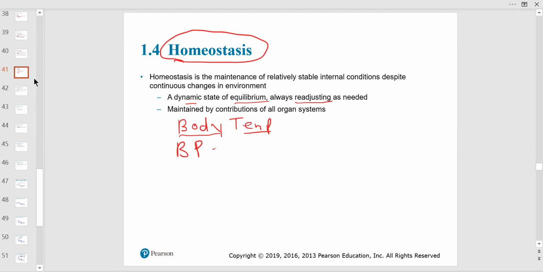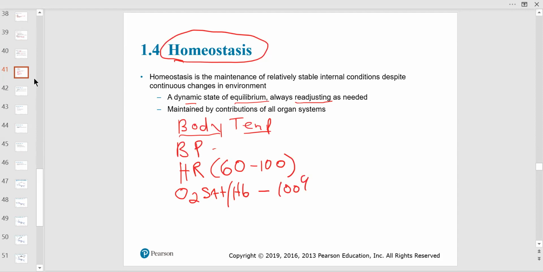I think 80 is a little bit high, but there's a range for blood pressure, homeostatic blood pressure. What else? Heart rate. Oxygen saturation. Yeah, heart rate. Heart rate should be between, at rest. Now, all of this is at rest, not after exercising. It's like 60 to 100. So somebody mentioned a really good one. It's your oxygen saturation on hemoglobin. That's really important. And that should be 100%, really. I mean, for at least equal to or greater than 95%. Very good. I like that one. That's a really big one. And this has to do with how much oxygen pressure is in your blood or how much hemoglobin you have compared to how much oxygen it can carry.